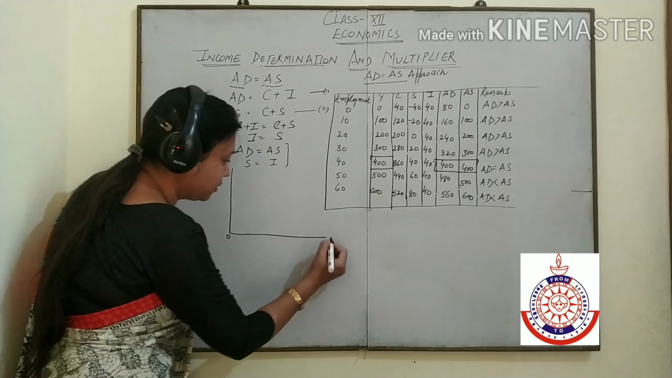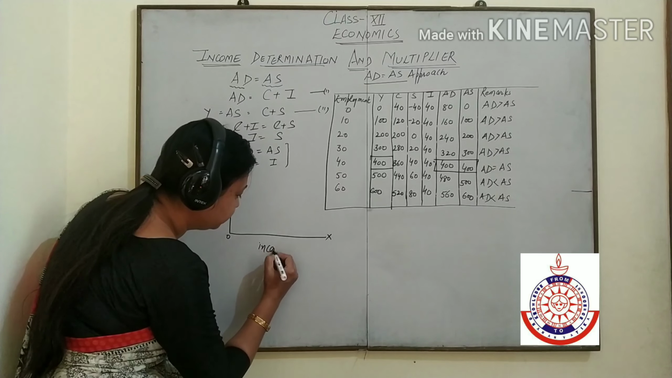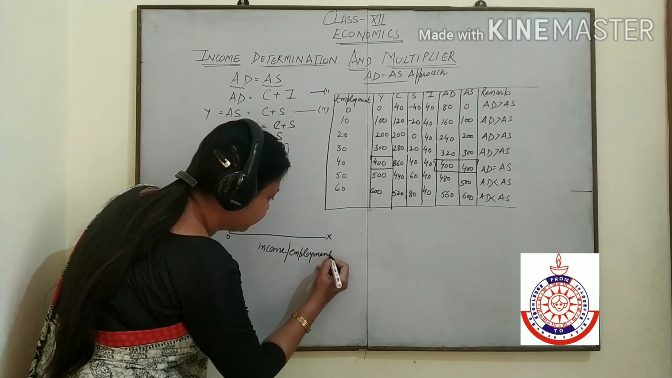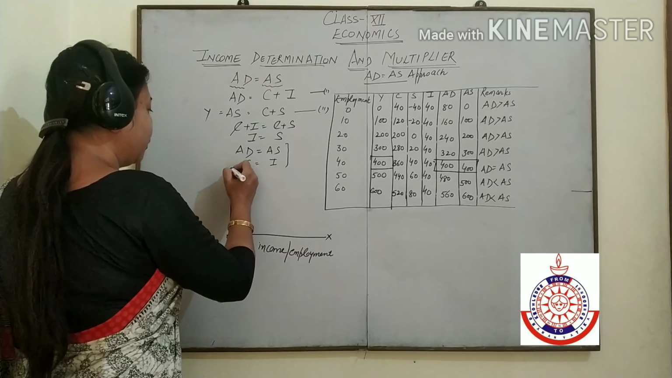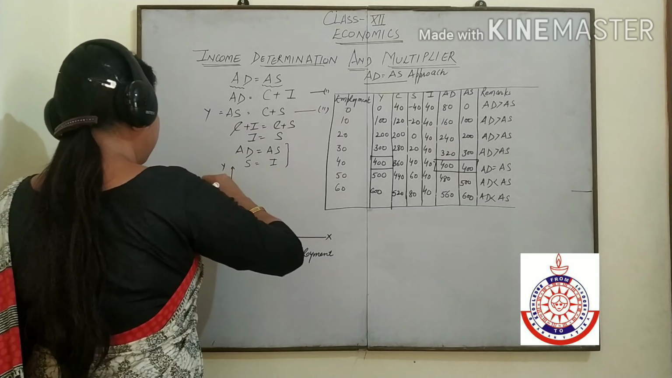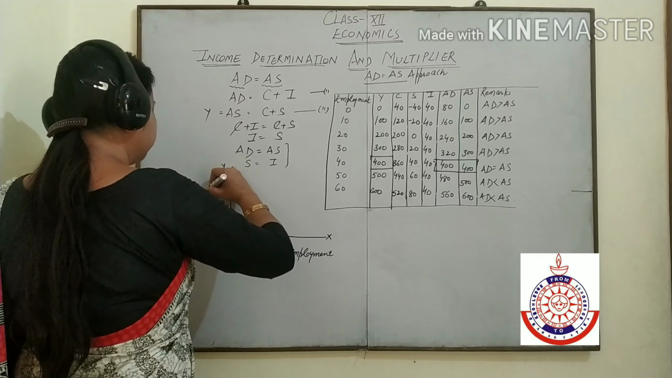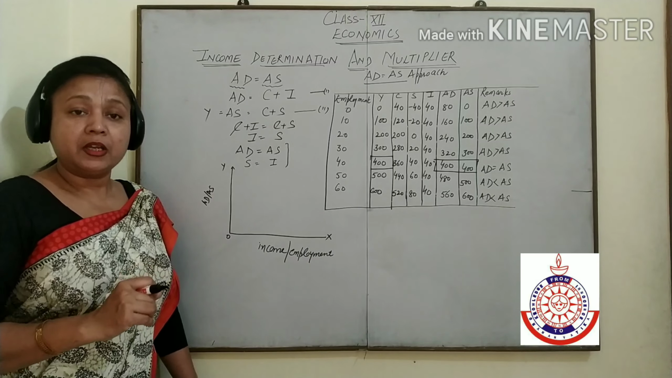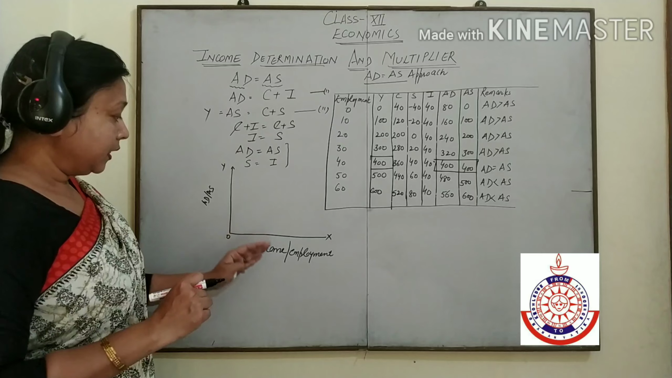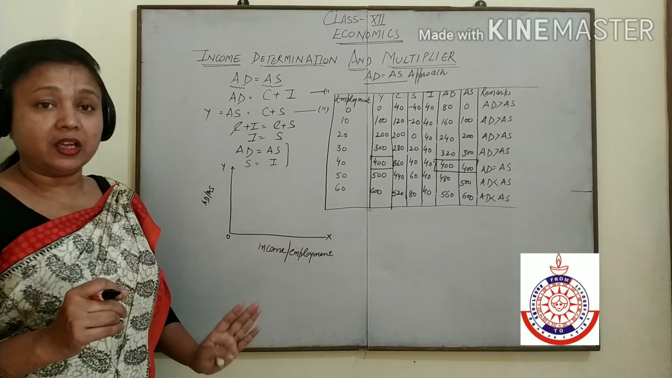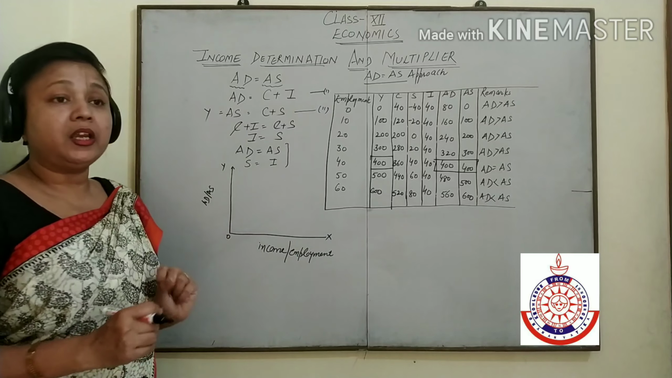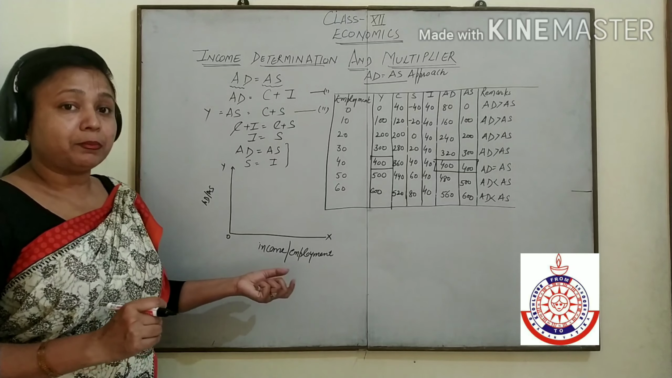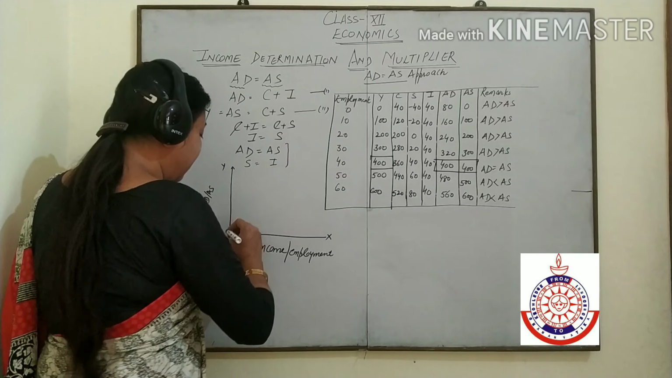On the OX axis we have to show the income or employment. On the OY axis we have to show aggregate demand and aggregate supply. As you know, aggregate supply and income both are equal. And this is a 90-degree angle. If we convert this 90-degree angle into two equal parts, because income is equal to aggregate supply, we have to derive here